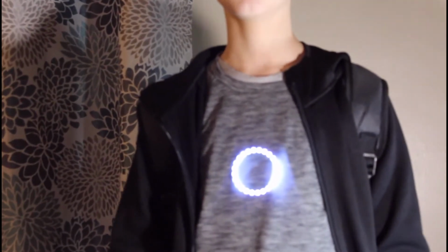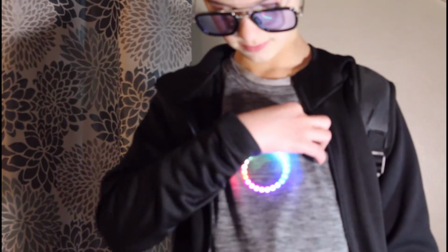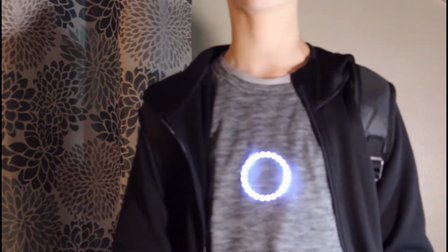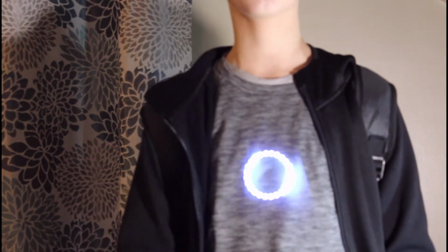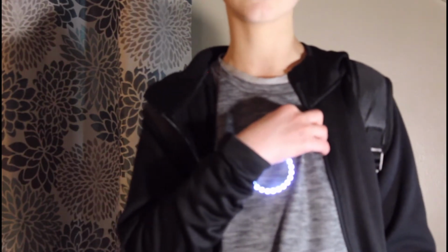The next part of the costume is the arc reactor. Underneath my shirt, I have a circular ring of NeoPixels, which are each individually addressable by the Arduino. If I touch my chest right here and hold it for half a second or more, the effect will change. We have a total of 3 effects. We achieve this by having sewn in a pressure-sensitive pad, and we've also added a feature to easily...